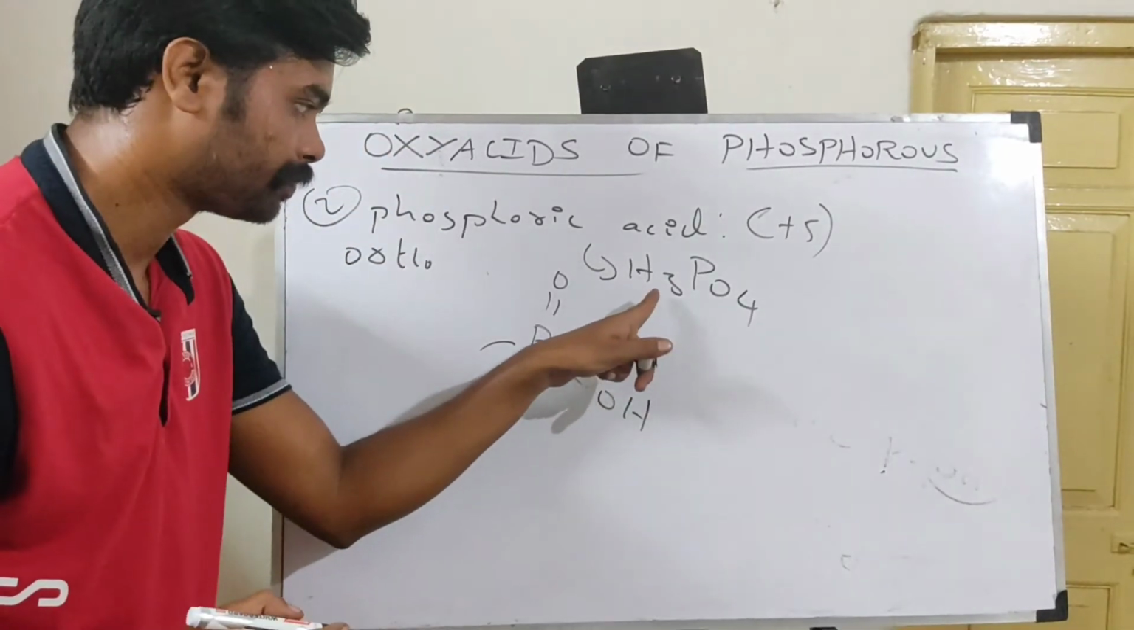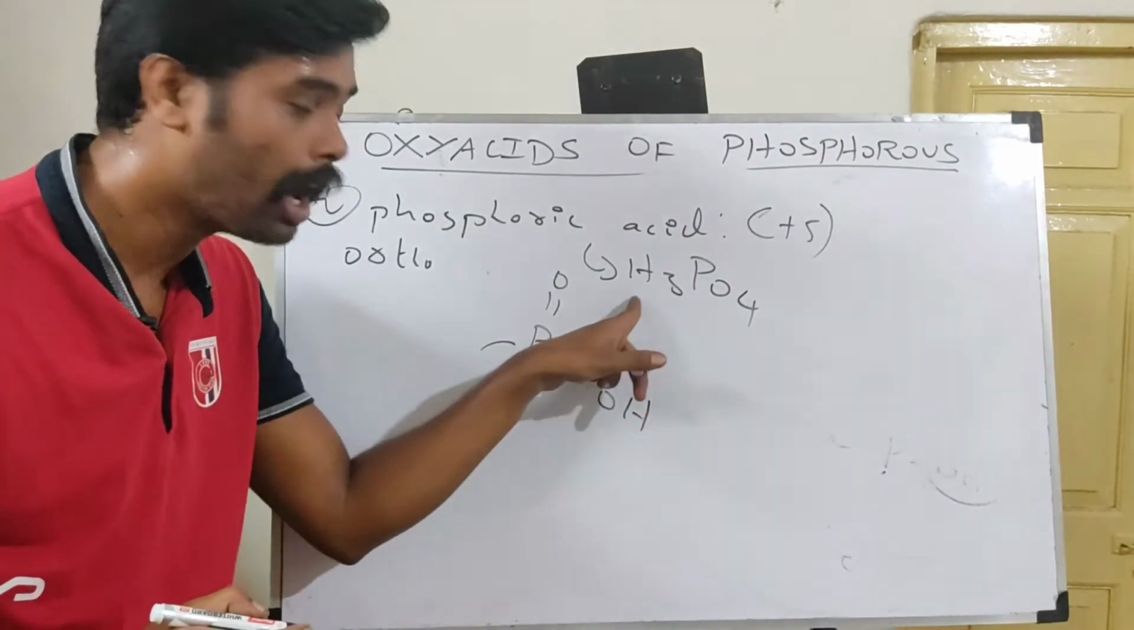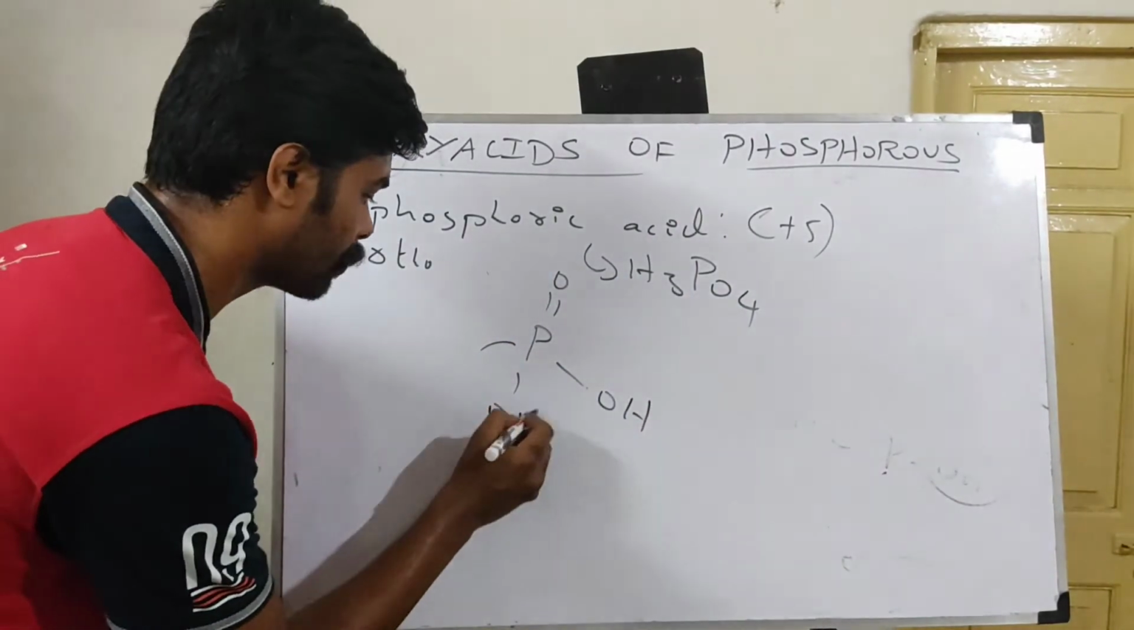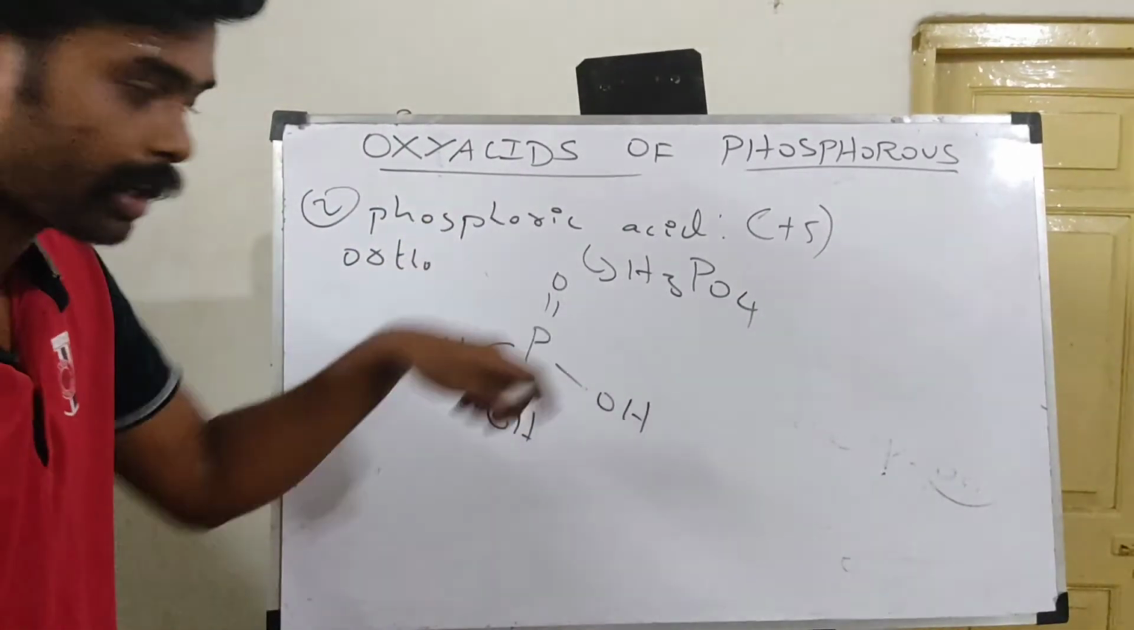So there are 2 more oxygen atoms to be accounted for, and 2 more hydrogen atoms also. So definitely both of them are going to be OH bonds, right? Okay, so I think you understood. Next one,